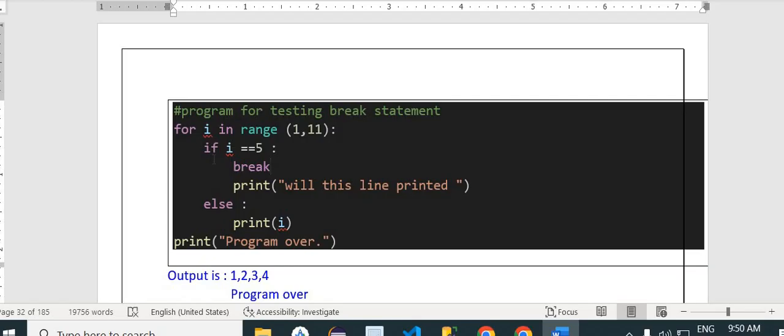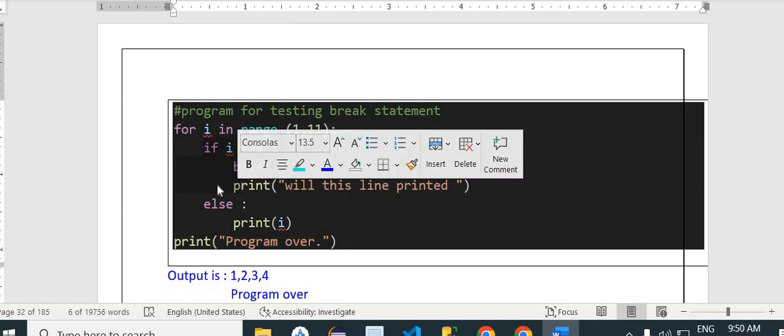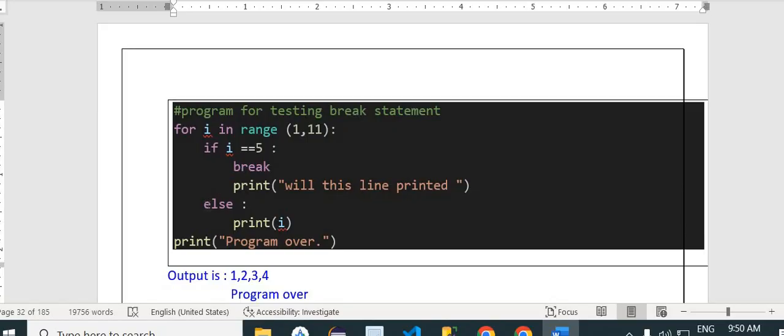So when it has moved inside the for loop, again it will check if i equal to 5. No, it is not equal to 5. So the loop will not move inside this, it will move to the else part of it. When it moves to the else part, again it will print the value of i, that is 2. Once that has been done, the loop will again go back here. i will become 3, it will come down here. i will become 4, it will come down here, and it will print